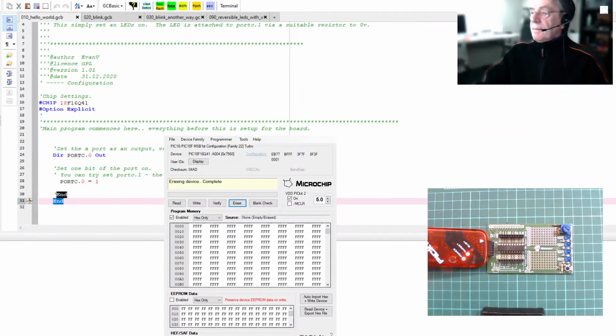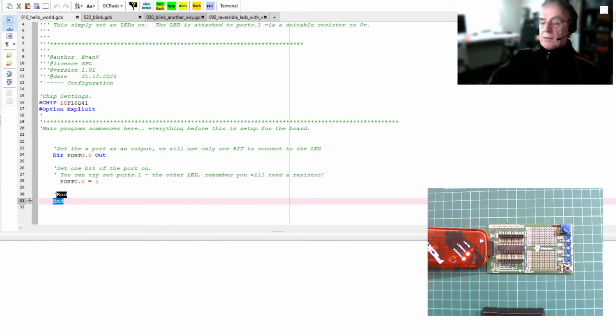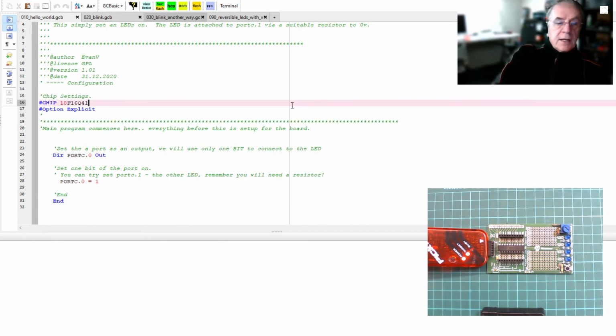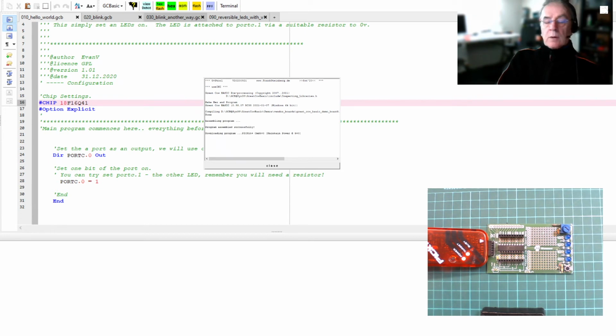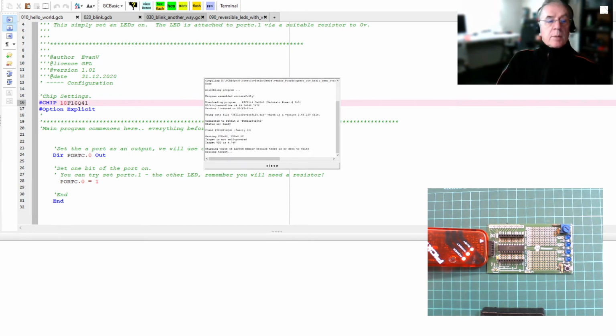There we go. Great. Wonderful. So what I'm going to do now is press the make hex button. You can do it another way, by pressing function key F5. So I'm going to push function key F5. I will hide the PICKit because we don't really need that on our desktop. Great. And I'm going to press function key F5, and it will bring up a dialog box and it will